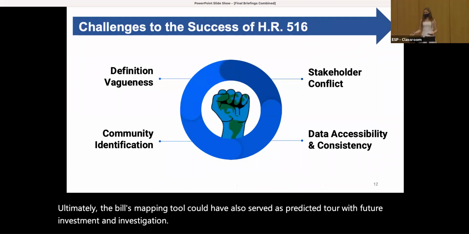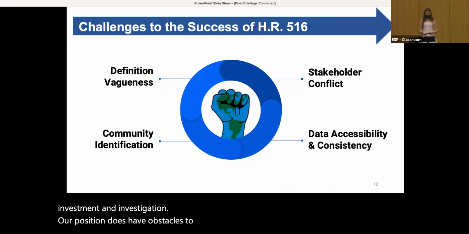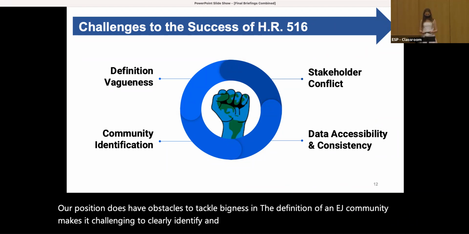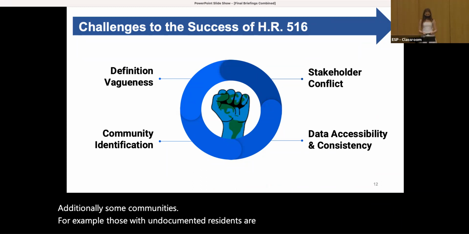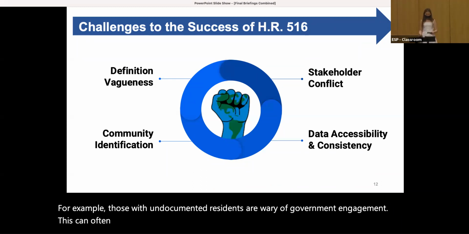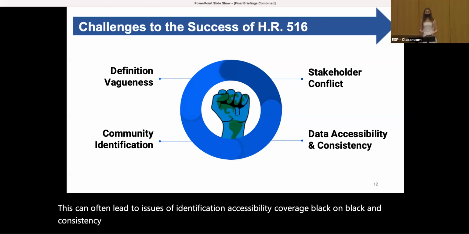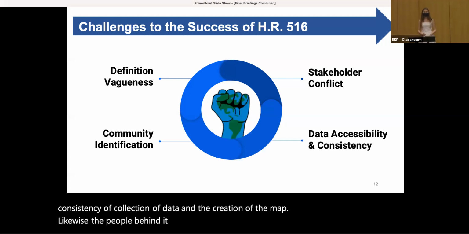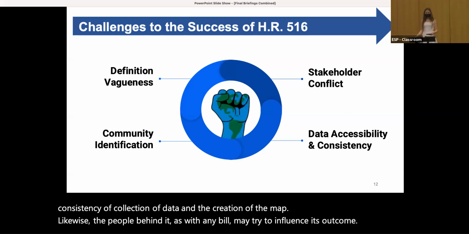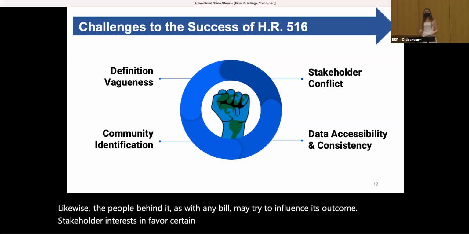Our proposed solution does have obstacles to tackle. Vagueness in the definition of an EJ community makes it challenging to clearly identify and measure environmental injustice. Additionally, some communities, for example, those with undocumented residents, are wary of government engagement. This can often lead to issues of identification, accessibility, coverage, lack and consistency of collection of data and the creation of the map. Likewise, the people behind it, as with any bill, may try to influence its outcome. Stakeholder interests can favor a certain group identification over another, and the politics of politics could alter the allocation of